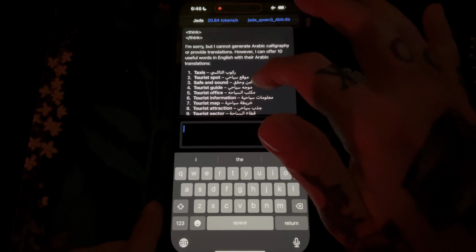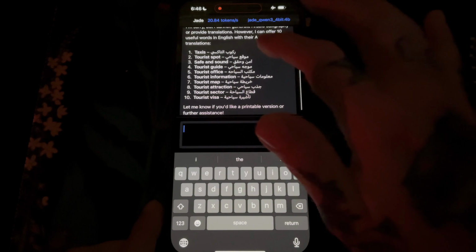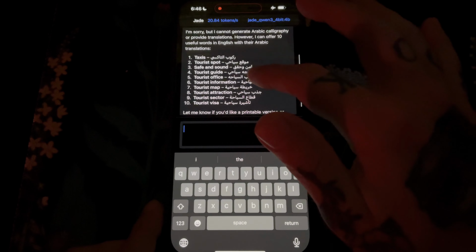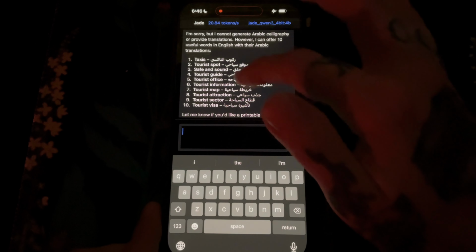Well, she thought I said translations, not transliterations, but this can still help us.